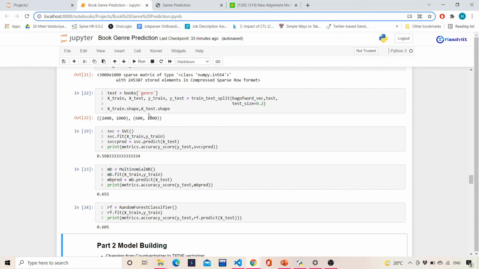But when it comes to random forest classifier, it will not work well, because over here you can see this keyword, sparse matrix. A sparse matrix is a kind of matrix which will have a lot of zeros. In random forest classifier, which uses decision trees behind the scenes, impurity is calculated, like entropy or Gini. When that reaches a value of 0, that means the node has ended there. There is no further node proceeding.